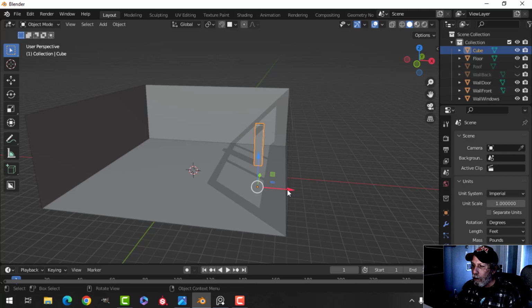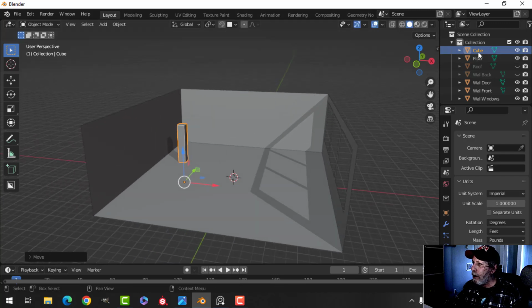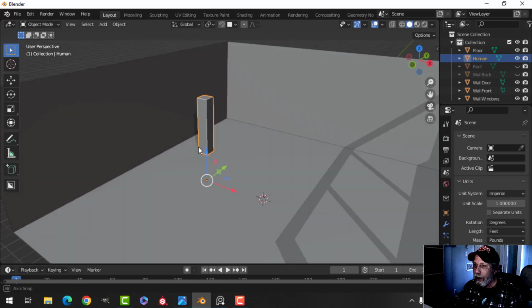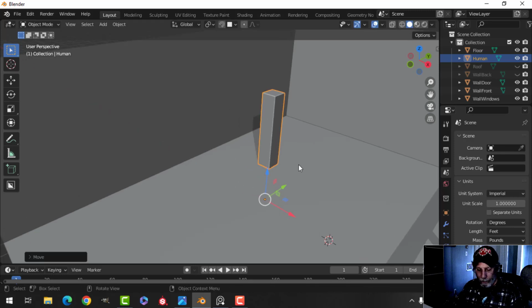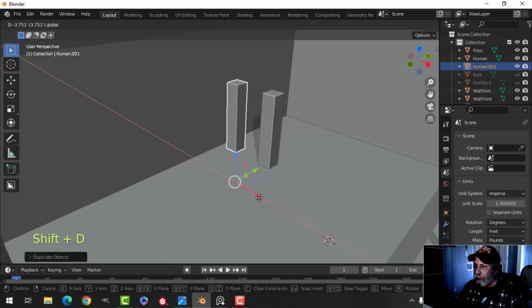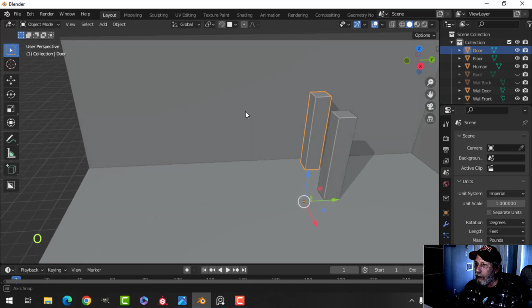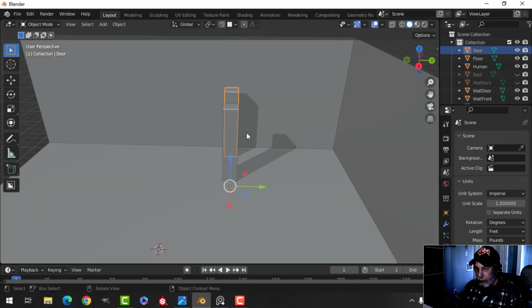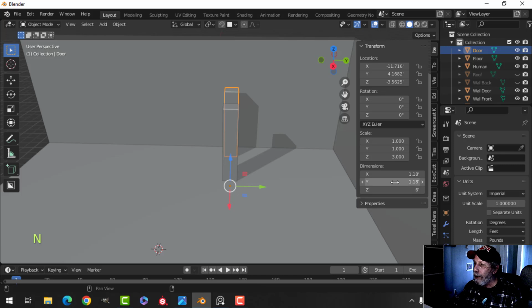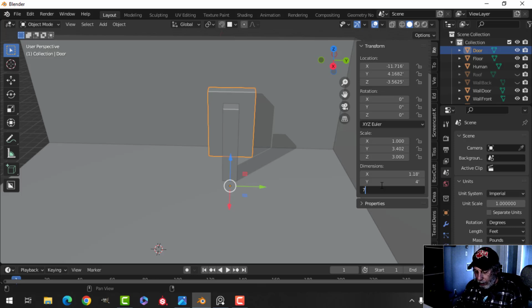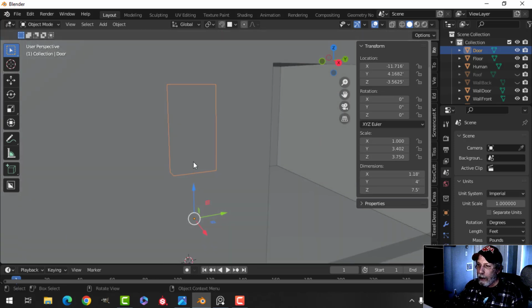And now we're going to bring him over towards here. Now I'm going to label him as, I'll call it human, I don't know, person, whatever. I'm going to duplicate him though to create the door. I'm just going to copy that over here, and right off the bat I'm going to call this door. This is really going to be just to block out the door. And come over here, and in the Y, we're looking at around 3 feet. I might go to 4 feet and 6 feet. He's 6 feet, and I may go, let's try 7.5 feet high,